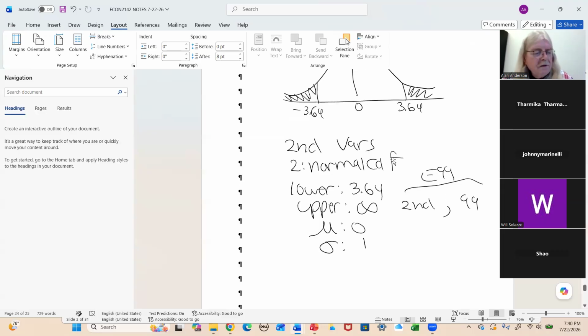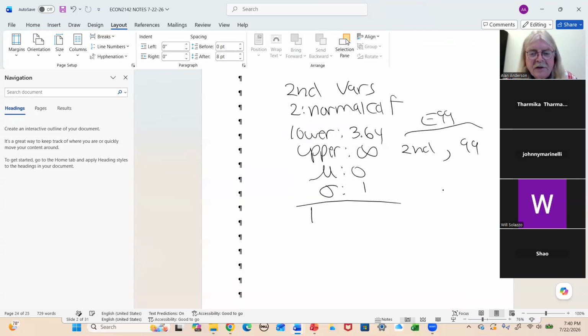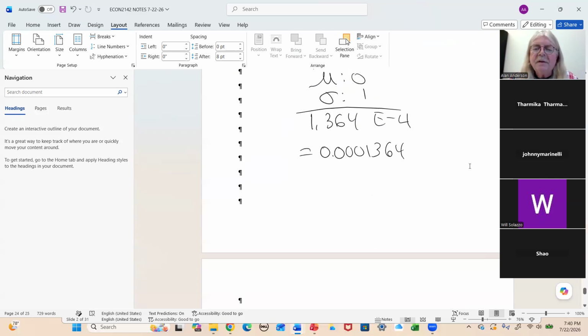Okay. And that turns out to be, 90 numbers again. The scientific notation is involved. 1.364 e minus 4. When we multiply that by 2 to get the p-value,